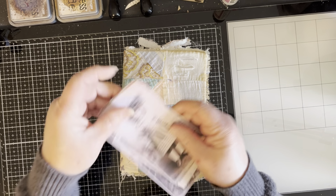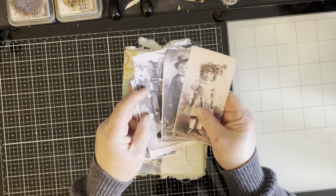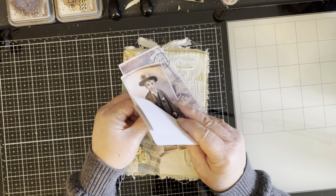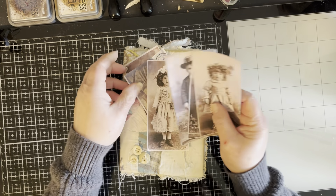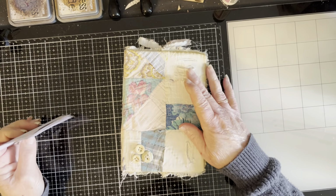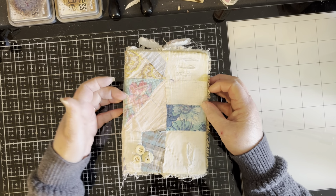I have already fussy cut everything, and a lot of the things I already have placed in the book where I want to put them. But I do encourage you to go over and look at this kit in her Etsy store because it really is a cute one. So what I did for the cover is,